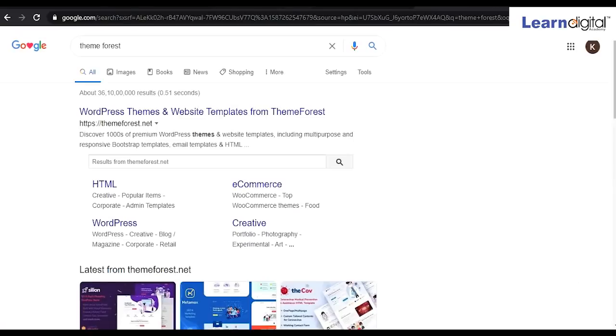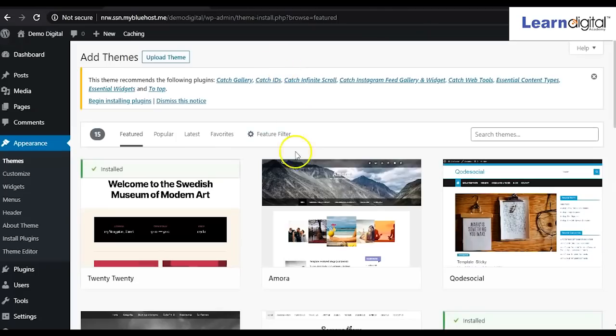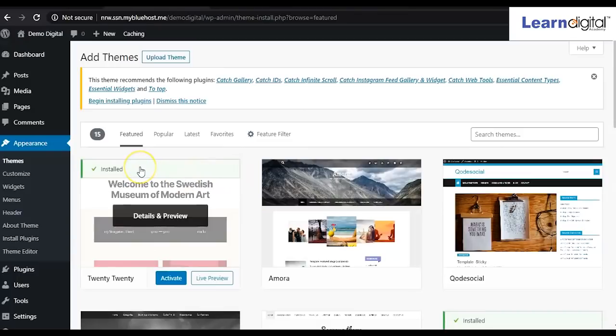So now I want to show you how you can work on a paid theme as well, right? As I told, as soon as you purchase the theme, you'll download that theme in a zip file.